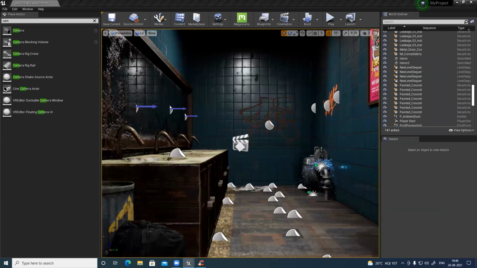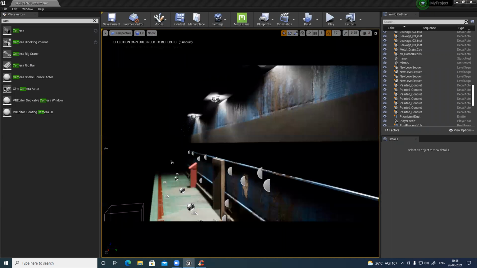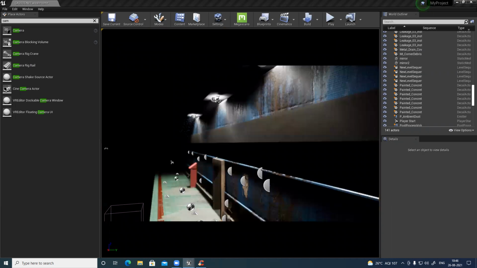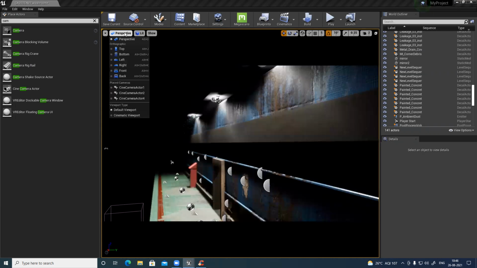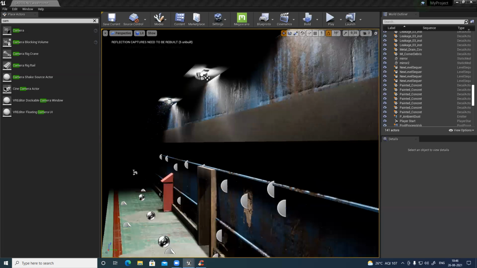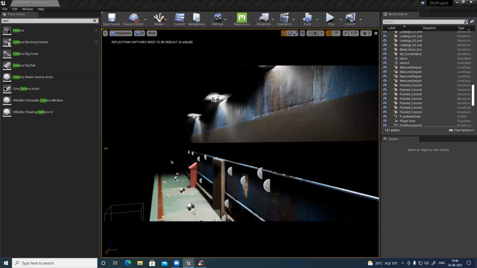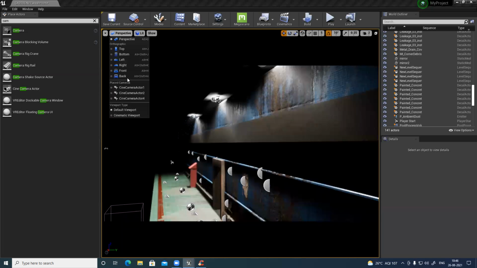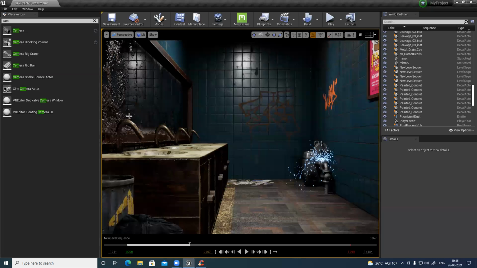Let's click the camera and start playing. So here nothing is happening. The reason is I am not in camera view. Cinematic view, click camera.